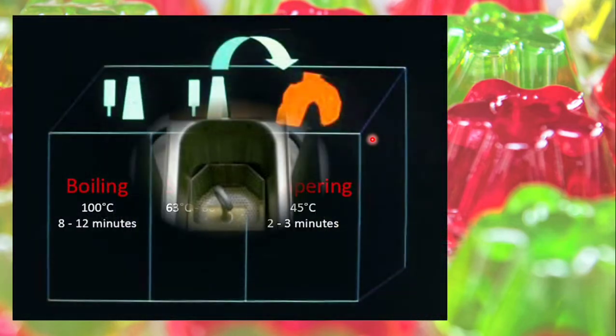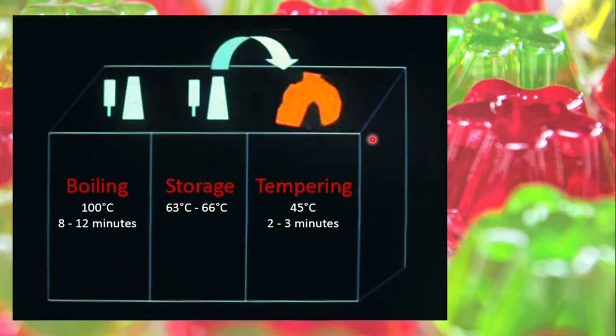So first the material is taken and kept in the liquefaction chamber, where there is boiling water at about 100 degrees Celsius. You keep it there for around 8 to 12 minutes, or 10 minutes to be exact. The gel is going to liquefy. Then you will keep it in storage, where it can be stored at a temperature of around 65 degrees, or 60 to 66 degrees Celsius. It can be stored at that temperature in that chamber for a long time till you need it for taking the impression.